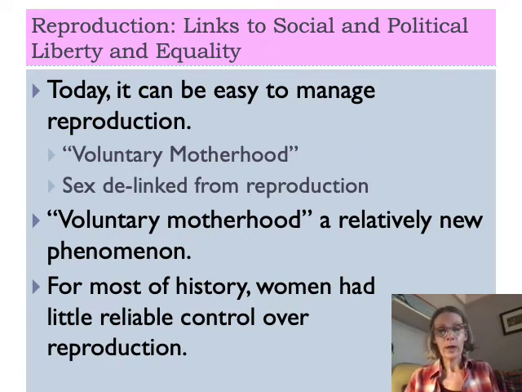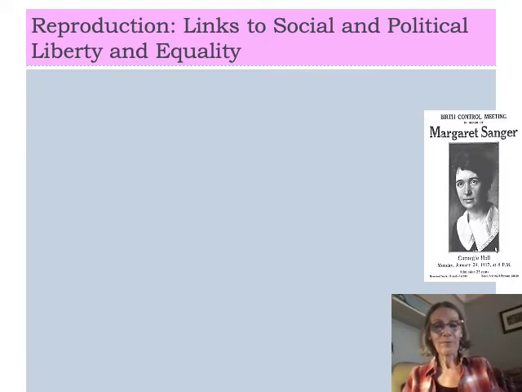Contraceptives were used, but they weren't as reliable as the contraceptives that we have today, in particular contraceptives that modulate hormones in order to prevent pregnancy. And so for most of human history, when you had sex, the chance of getting pregnant was in the forefront of your mind. You really didn't have a lot of control about when you start your family. You were left to the whims of the body and the whims of less reliable forms of birth control. So as we noted, voluntary motherhood is a relatively new phenomenon.